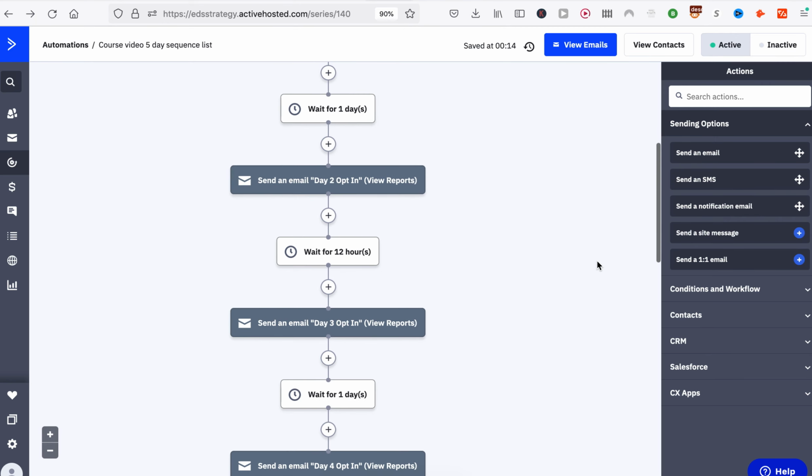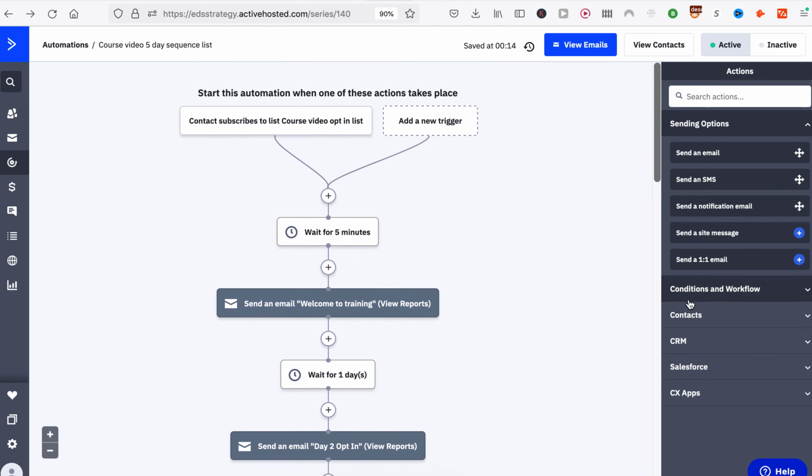So we really like the software. It's very powerful, and really good value for what you're getting,